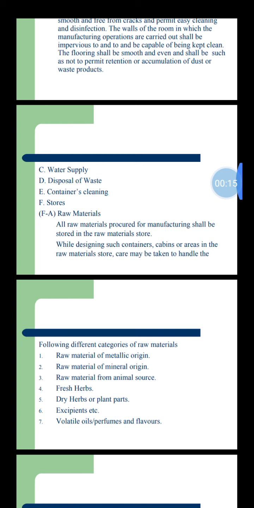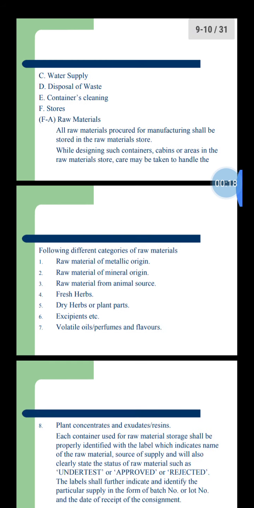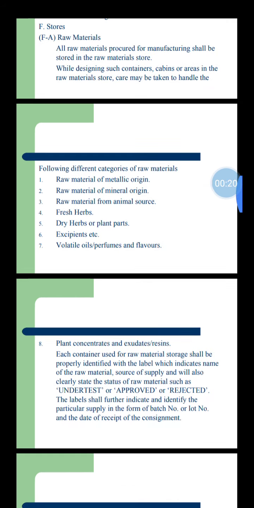Hi everyone, in the last lecture you saw the general requirements for the process of pharmacy. In that you saw location and surroundings, building, water supply, disposal of waste, container cleaning, store, and raw material. In that, various types of raw material: raw material of metallic origin, raw material of mineral origin, raw material from animal source,